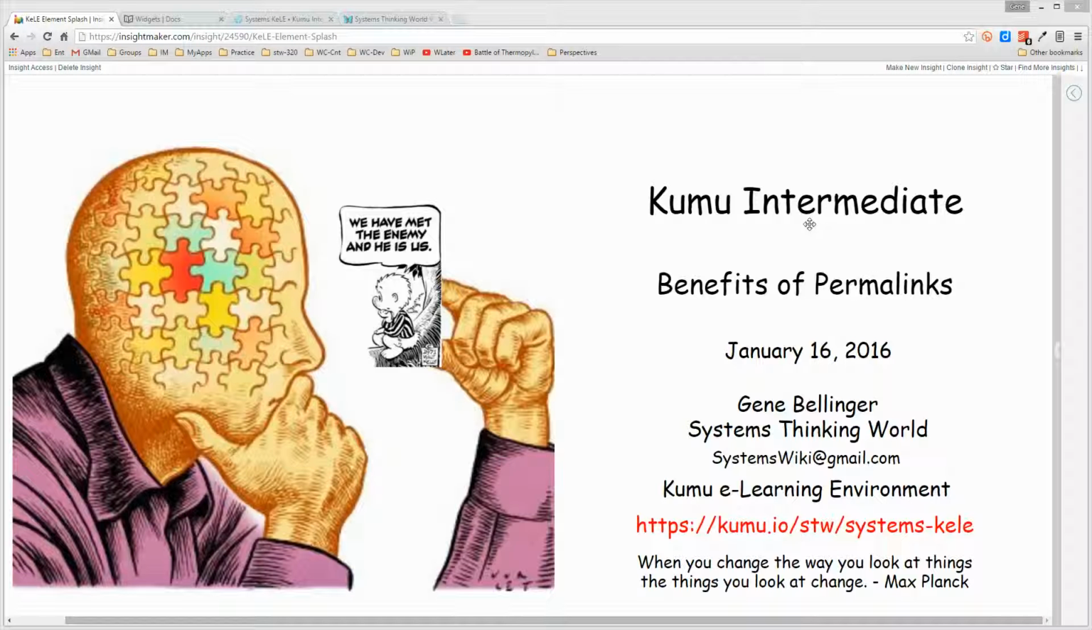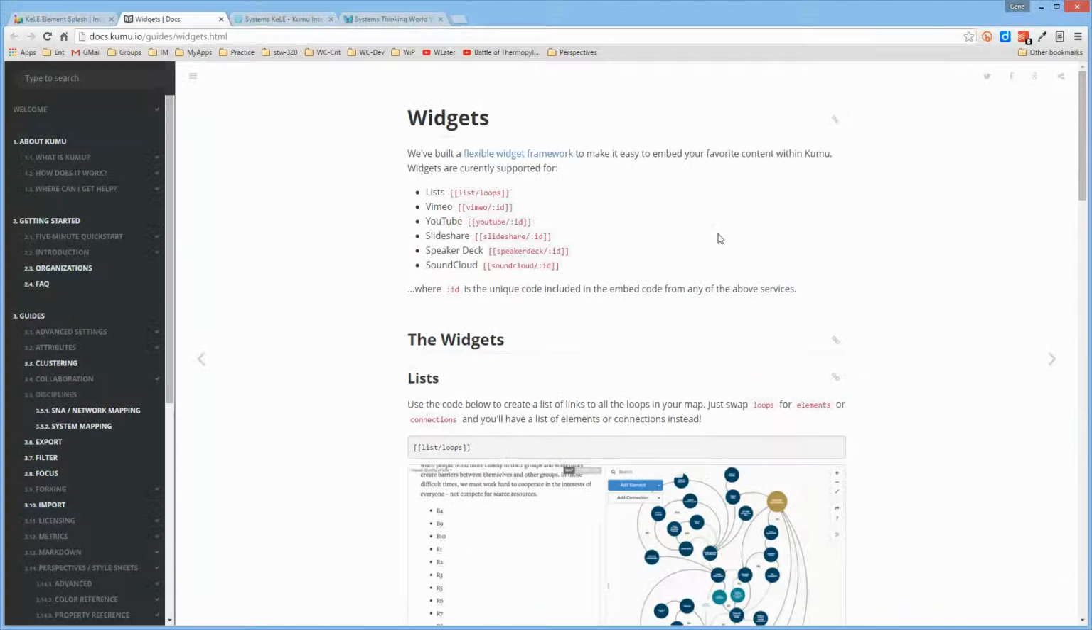As part of the Kumu intermediate series of Systems KeLE, I'd like to spend a few minutes and talk about the benefits of permalinks, specifically in conjunction with focusing elements on a map as opposed to using the already defined widget. The widgets are a shortcut method of doing something, and there are a number of them listed in the help documentation about how to embed videos or slide shares or lists within your map, so that rather than using